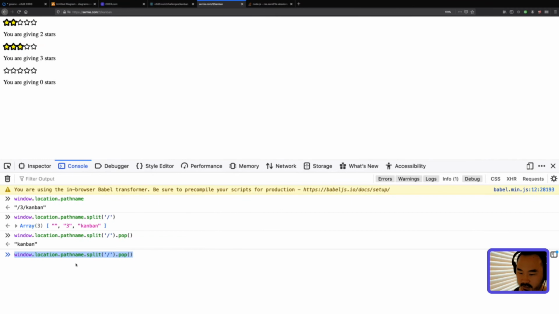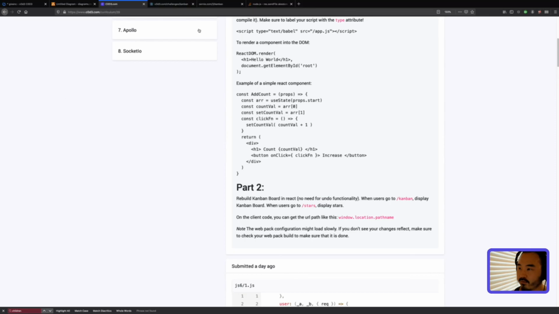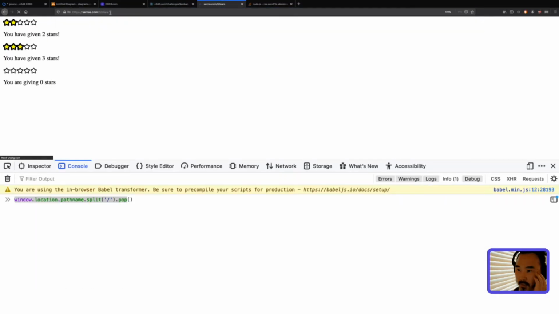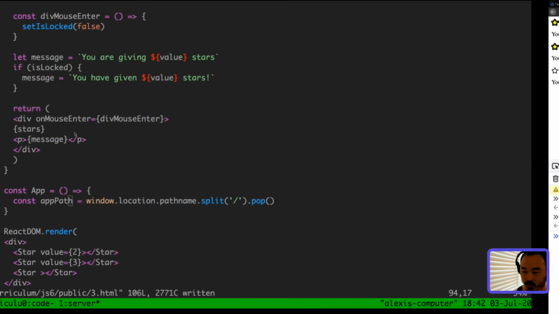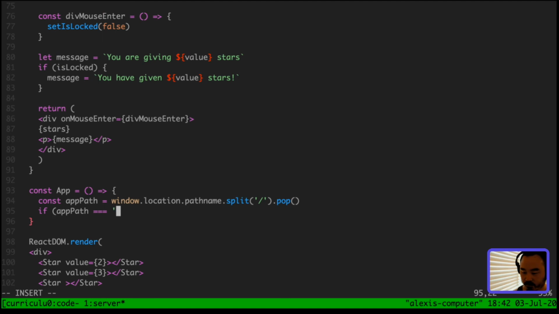Let me show you guys. window.location.pathname.split.pop gets you the last one, which is Kanban. So if I change this to stars, then if I run the same function again, I get stars. Super simple. So if app path is equal to stars,